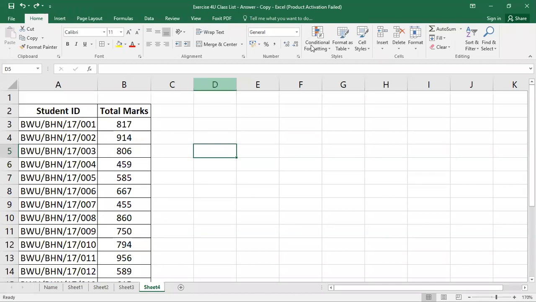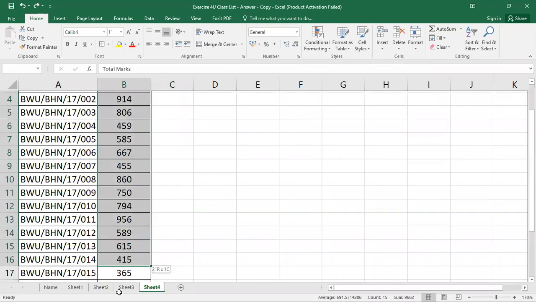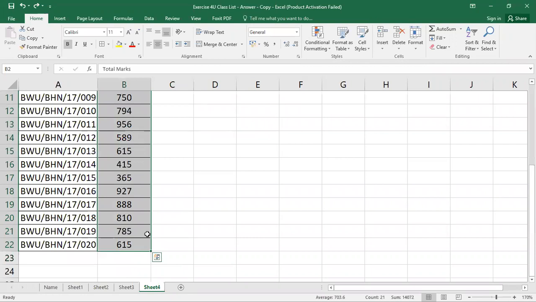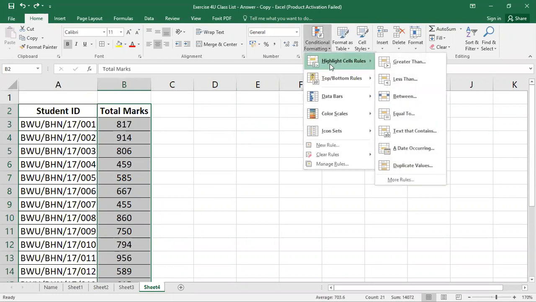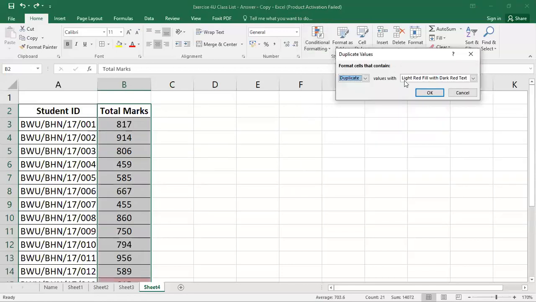So in this conditional formatting, first we have to select the particular cells or columns. Now if we want to find out whether there will be any identical numbers, then we have to go to the highlight cell rules. There are different kinds of rules. I will show you one by one, but first I will show you the duplicate values. In that particular case, if we choose the duplicate values, look here, if the value is identical, then it is highlighted by light red fill with dark red text.